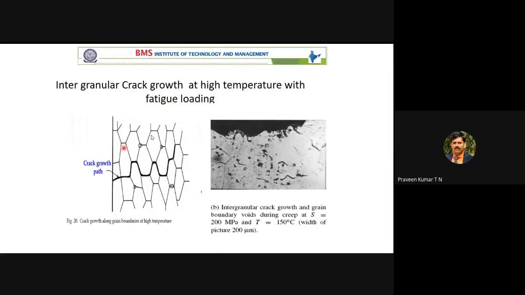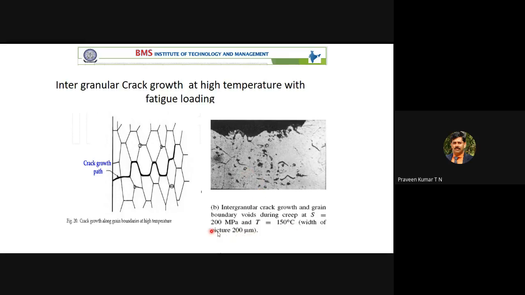I want to show some photos. This is referred to as the grain. This is the grain. Somewhere a crack is formed on the surface. The crack propagates along the grain boundary. I am using terms like grain boundary and grain; it is required for your material testing laboratories and material science also. So the crack will propagate along the grain boundary, we can see it. Here, this is the schematic representation, and this is the actual representation of how the crack propagates.